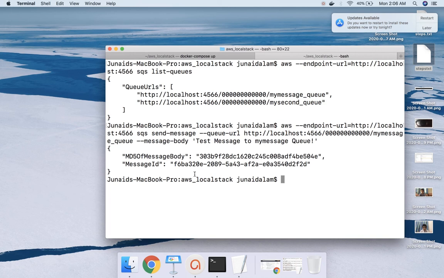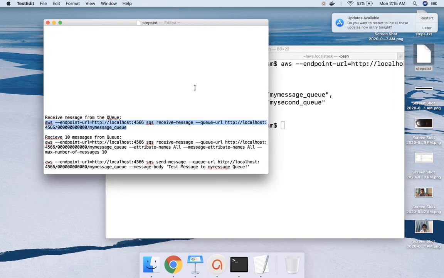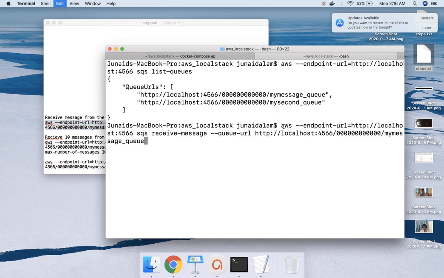You see that the message has been created. We can see the message ID and MD5 of message body. These are the attributes. So the message is already there in the queue. Now let us run the CLI command to receive the message from the queue using the AWS CLI. I have copied this command. This is the command to get it. All these commands you will find in the AWS CLI documentation, to create the queue and receive the message from the queue. I copy and paste it over here.